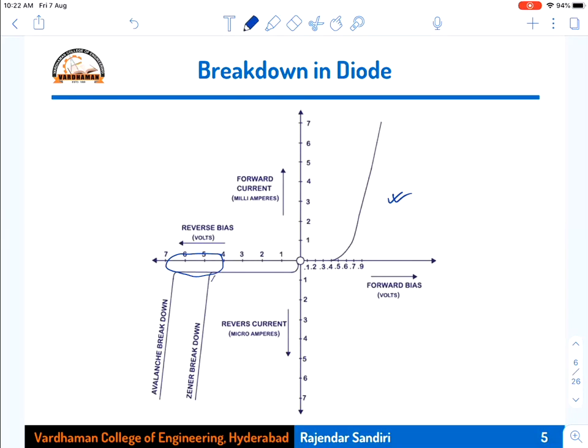So Zener breakdown occurs at certain voltages here, and avalanche breakdown occurs at certain voltages, say here. So this is Zener breakdown, at a voltage called the Zener breakdown voltage. So the current suddenly increases because of the charge carriers being generated in large numbers. Similarly, reverse avalanche breakdown also occurs at high voltages, say 6 volts. Then avalanche breakdown occurs. So Zener breakdown occurs in heavily doped diodes, and avalanche breakdown occurs in lightly doped diodes. Both are shown in the same graph here, but both will not occur for the same diode.